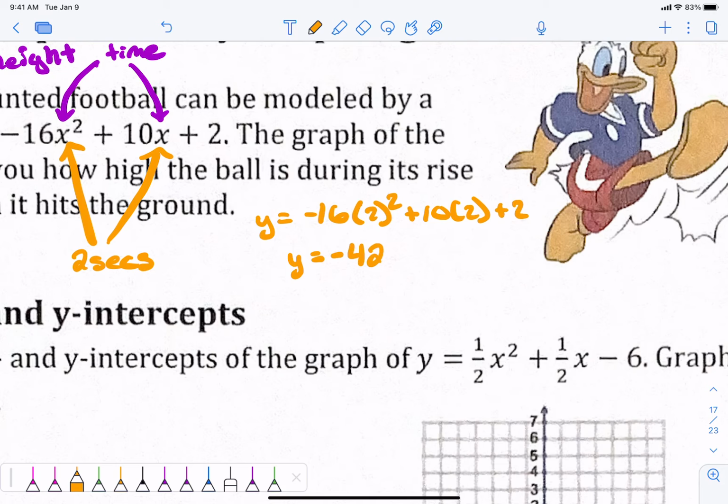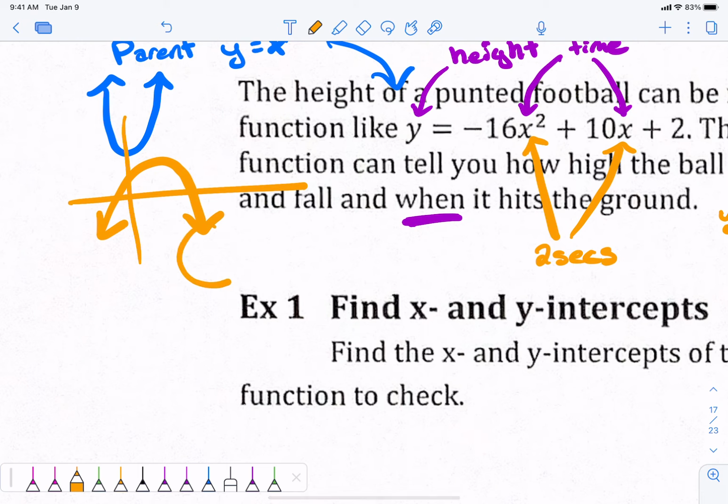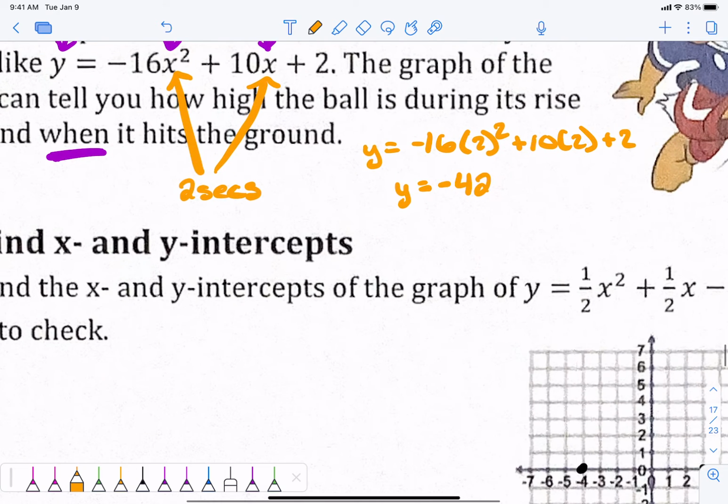So listen to this real quick. 2 seconds after this ball is kicked, the height is at a negative 42. That doesn't make any sense to me. What does that mean? No, negative 42. That's where the parabola is, right? But keep in mind that your parabola does not continue to go on forever down underground. So since I'm getting a negative answer,